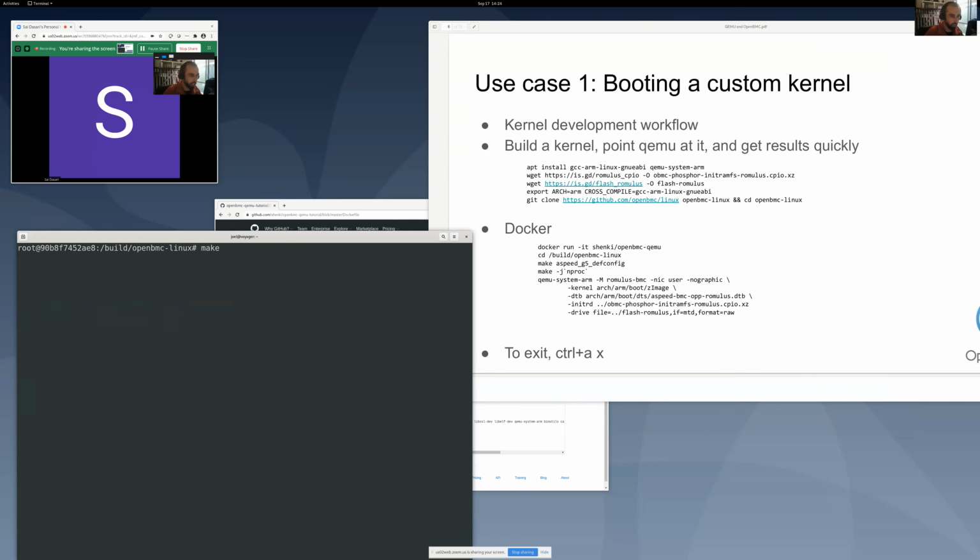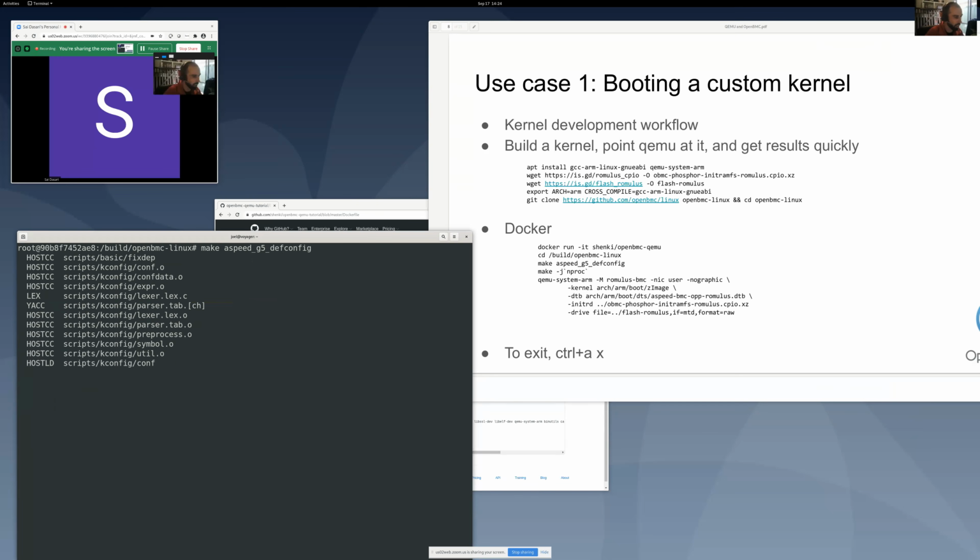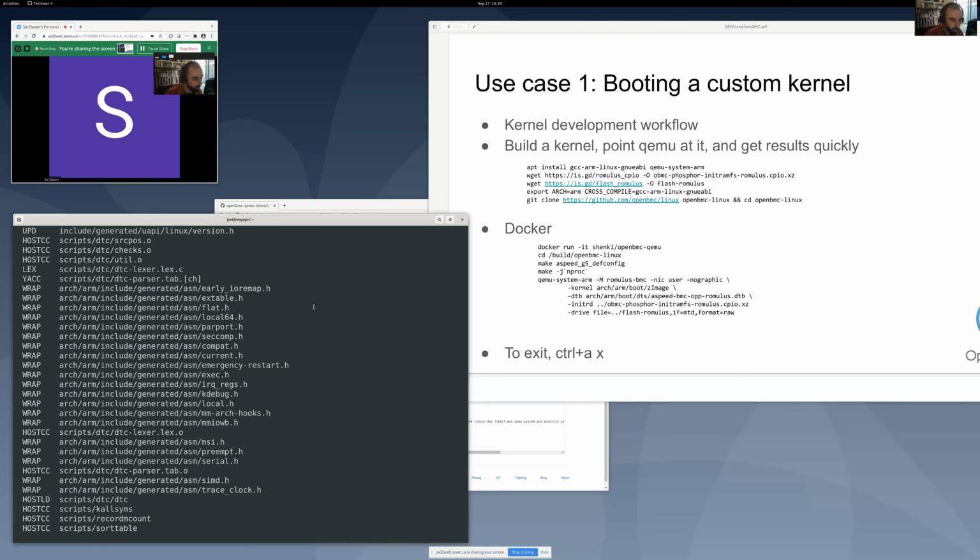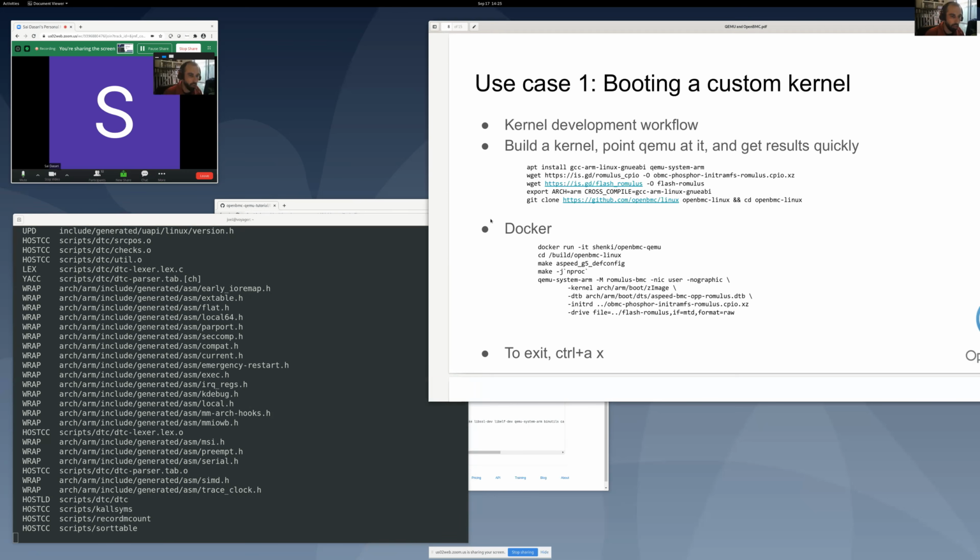In here we can make the defconfig for the Aspeed machine. It's called aspeed_g5_defconfig. This will boot on the 2500 and 2600 machines. And then we can build the kernel. This is going to go through and build an OpenBMC kernel. The first build obviously takes a bit longer, and if you're doing incremental changes, it'll be a lot quicker. While we're talking about that,